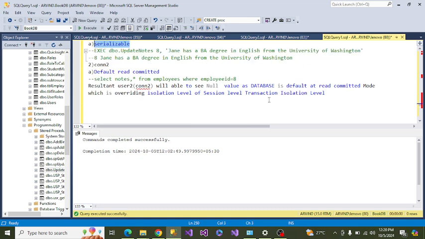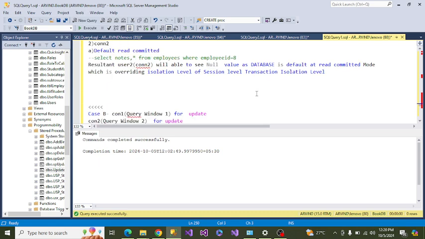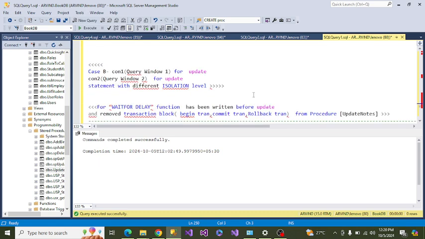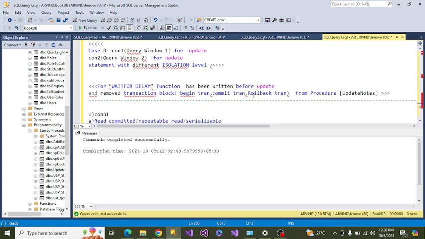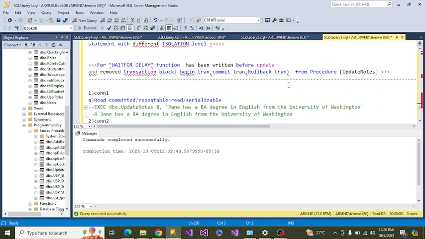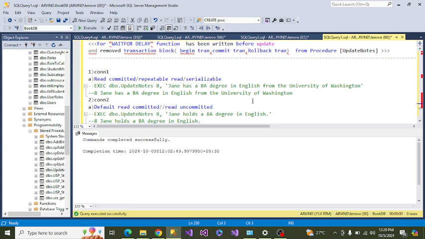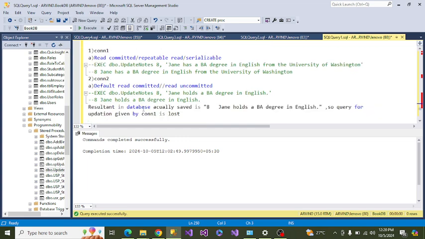So this is the third case which I showed you, and in the fourth case what I tried to say is, if wait for delay is before update, and we remove all the transaction blocks from the stored procedures, then what would happen is that read committed, repeatable read and serializable are set at the stored procedure level, and in the other one I set read committed or read uncommitted.